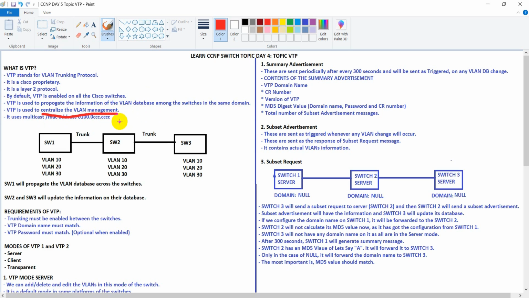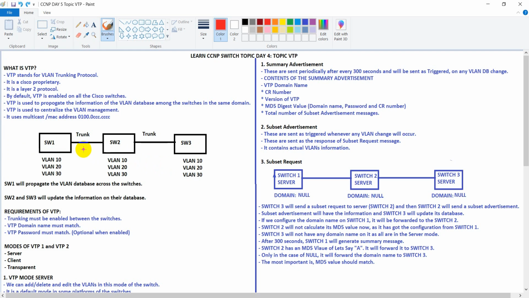For example, if we have 50 switches connected to each other and we have to introduce a VLAN, for example VLAN 100, onto all of them, it will be a task for us to go onto each switch and configure the VLAN.